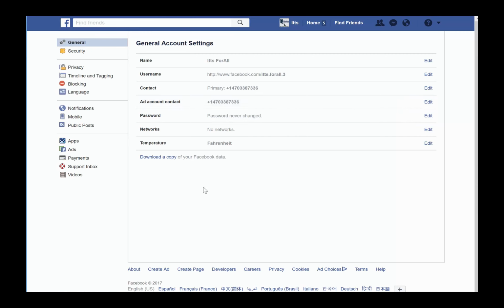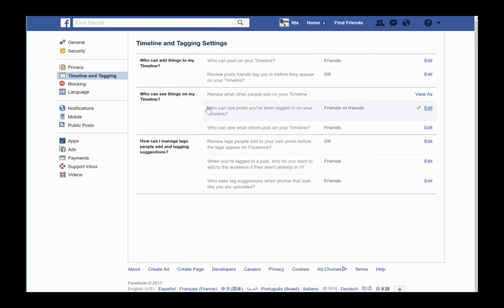So once I'm there, I'm going to be presented here, right? I choose timeline and tagging. So I'm here. Okay, then now I can choose what people see on my timeline, because it's important. Sometimes people will tag you on funny videos or pictures without your authorization or without you even knowing it. So if you want to get control over that, you can do this by preventing people from seeing unnecessary taggings on your timeline. Okay,